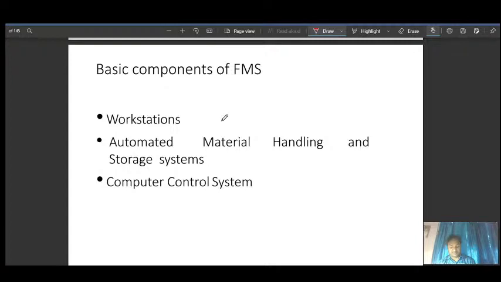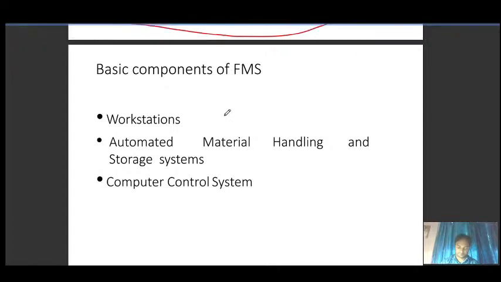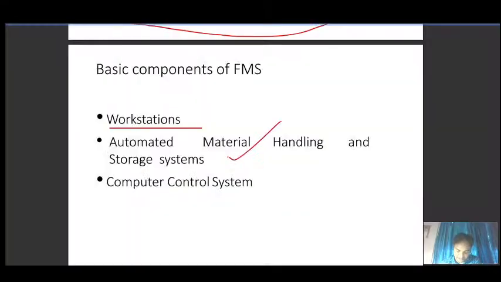So the basic components of FMS are workstations, then automatic material handling system and computer control system. These are the basic components. Workstations become your CNC.